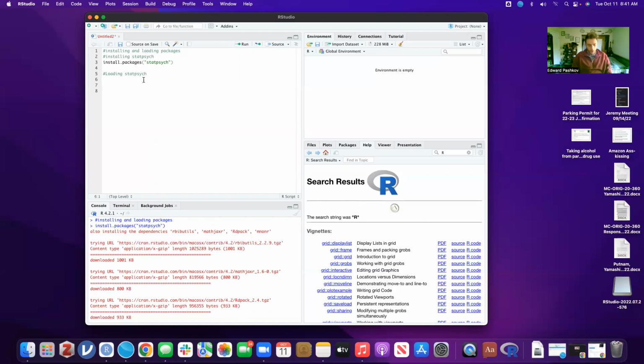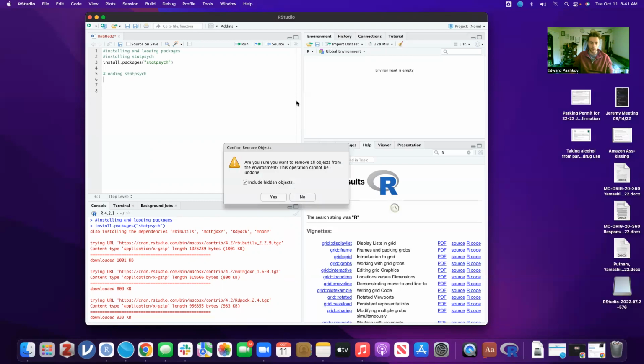Okay, so in order to load stat psych, this is another function that you can use. Oh, let me go back just a second. You will not have to install packages into R any more than the first time that you do it. You will, on the other hand, have to load the package every time that you have a new script. Not just a new script, but each time that you clear your environment, if you'll pay attention to this